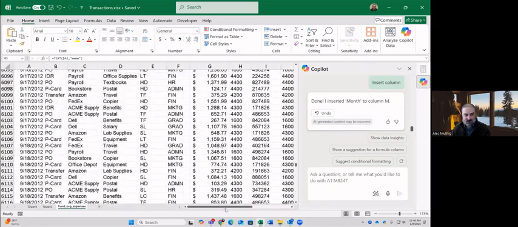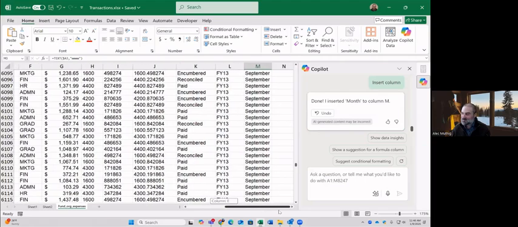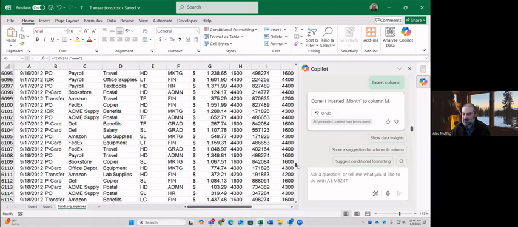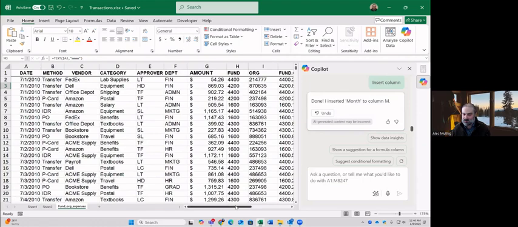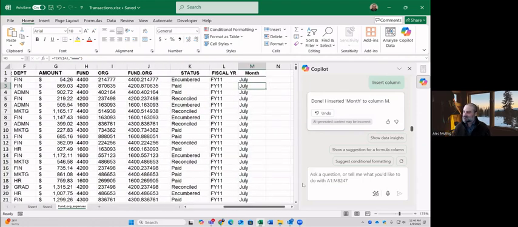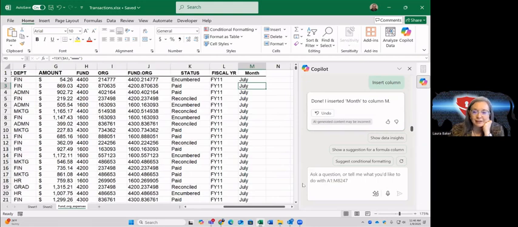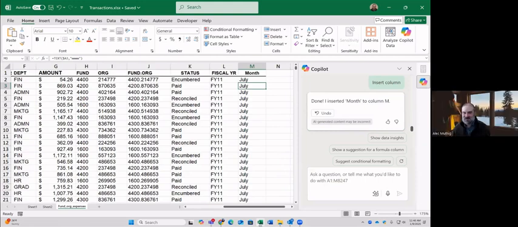Let's see what happens way down here. Oh, look at that. So yeah, I could ask it to do that, and then I can ask it to do another column with year, and there we go. So pretty smart, isn't it? Yeah, that's nice because then you don't have to look up the formula or figure it out or type it in yourself or whatever you did in the past. Right. So that worked out perfectly.